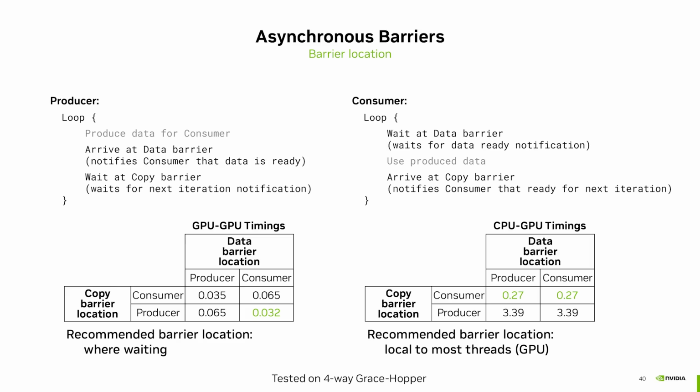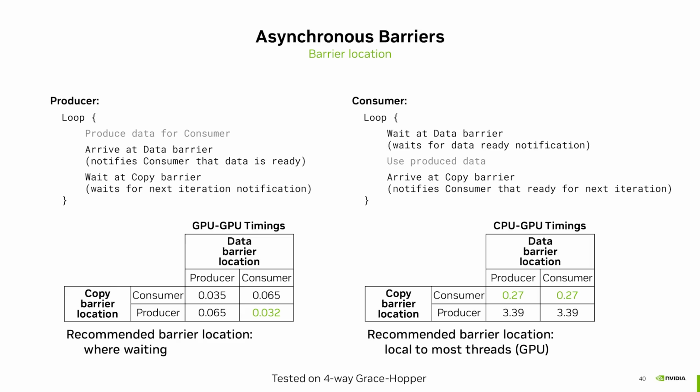can iterate again. So in case of when producer is on one GPU and consumer is on another GPU, and here I'm showing results for the Grace Hopper system, the recommendation for placing barriers is to place them where we wait. However, in case of CPU-GPU communication,